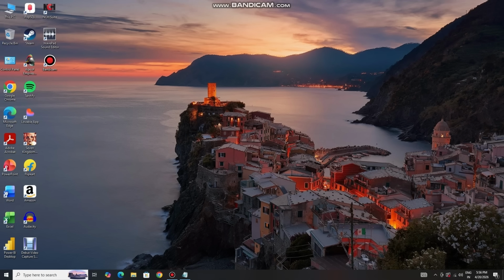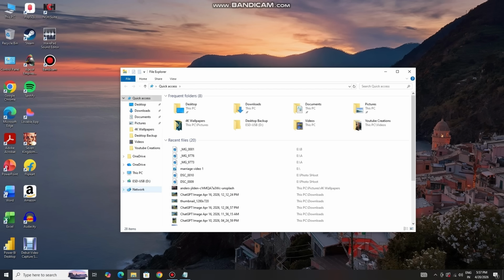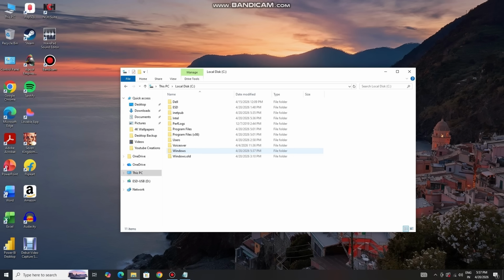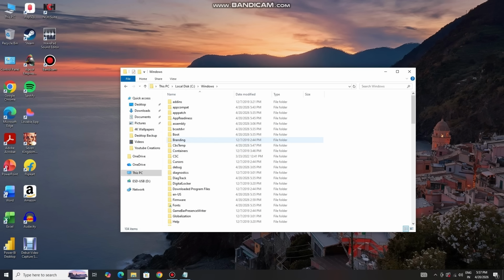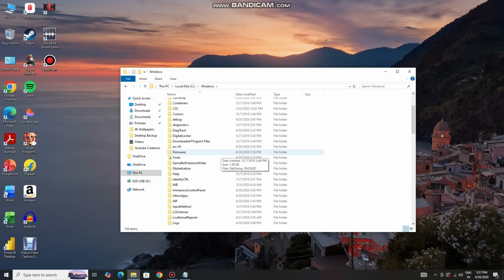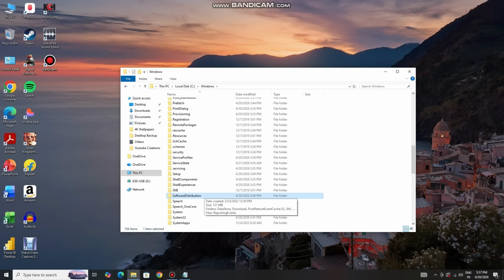If it still doesn't work, we will move on to the second step, which is to rename the SoftwareDistribution folder, right? So this is what we do. We go to File Explorer, then This PC, and then we open the C drive and go to the Windows folder. Now this is where you will find the SoftwareDistribution folder. So you can rename this to something like